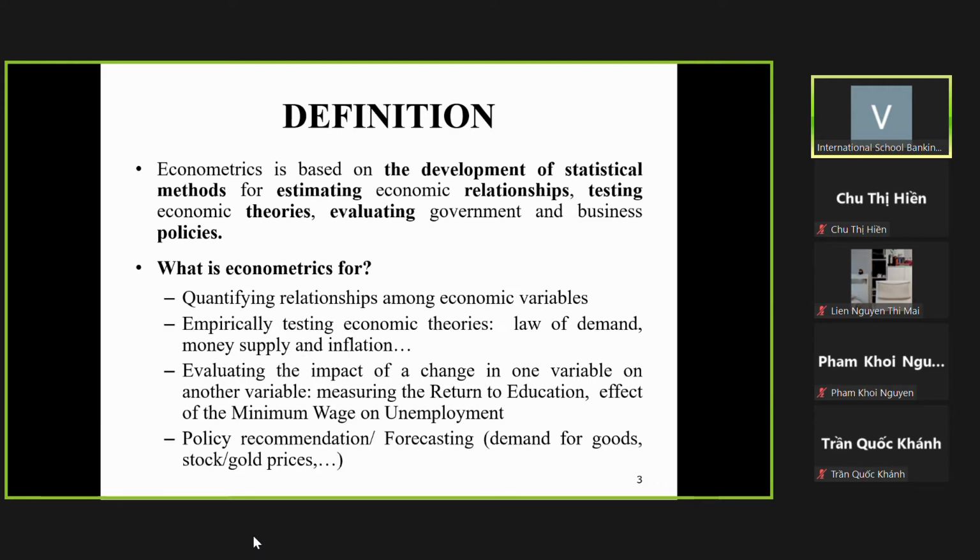And we use an econometrics model to, in fact, evaluate the impact of one variable on another variable. Or in other words, it is like we quantify the relationship. And we use the econometrics model to find the evidence, and based on that evidence, or based on the results, we can provide a policy recommendation. For example,